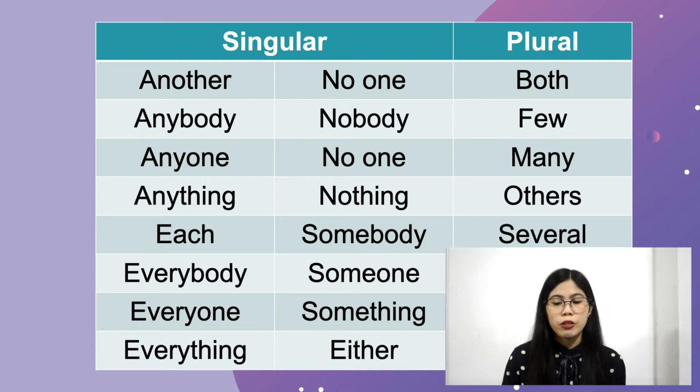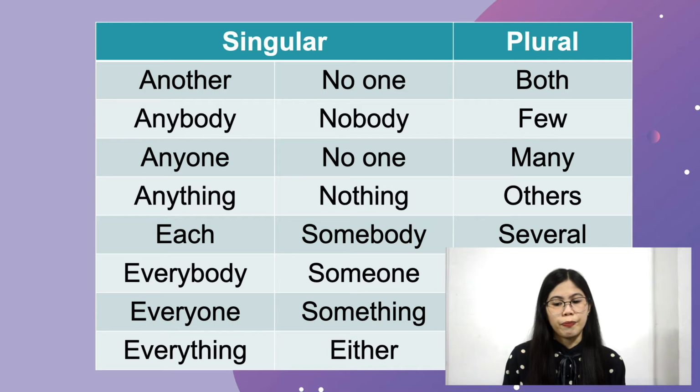When we say singular, it pertains to only one. So we have here another, anybody, anyone, anything, each, everybody, everyone, everything, no one, nobody, nothing, somebody, someone, something, either,